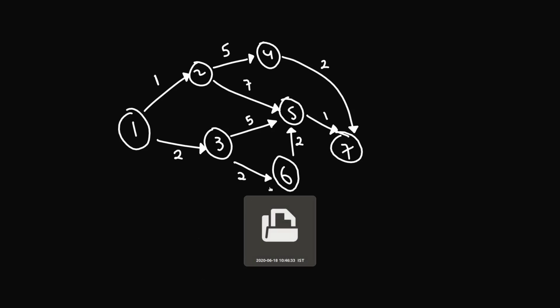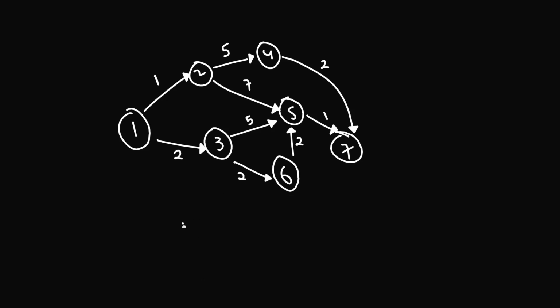So let's say we have this example. There are these cities, which are 1, 2, 3, 4, 5, 6 and 7, and what you have to do is travel from city number 1 to city number 7. This arrow denotes that you can travel from city 1 to city 2 and the cost is 1, or you can travel from city 1 to city 3 and the cost is 2, and so on. So the first thing that we are interested in calculating is the minimum cost that you will have to incur in order to travel from city 1 to city 7.